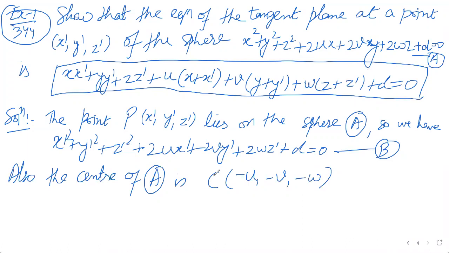Because it is not the origin, so I am taking C, O से denote नहीं करता. So the direction ratios, if I am taking DRs of the line joining C to P,